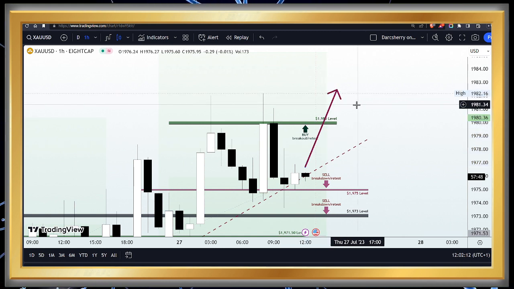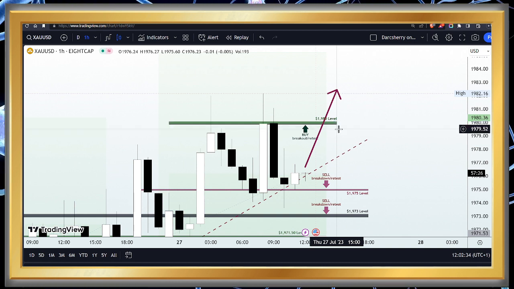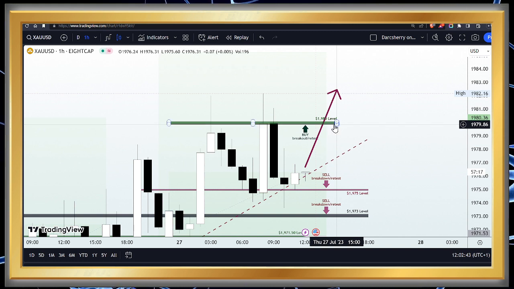And in fact, if you had been with us here in this community since the beginning of the year, you can do your research on this one. The 1,980 has been a major determinant of price action if you go as far back as 2 to 3 years on the XAUUSD. And one thing about this structure is that if selling pressure is found around this level, the chance of price dropping to the downside is high. And if buy pressure is identified around this area, the chance of price action moving to the upside very strongly is also on the high side.